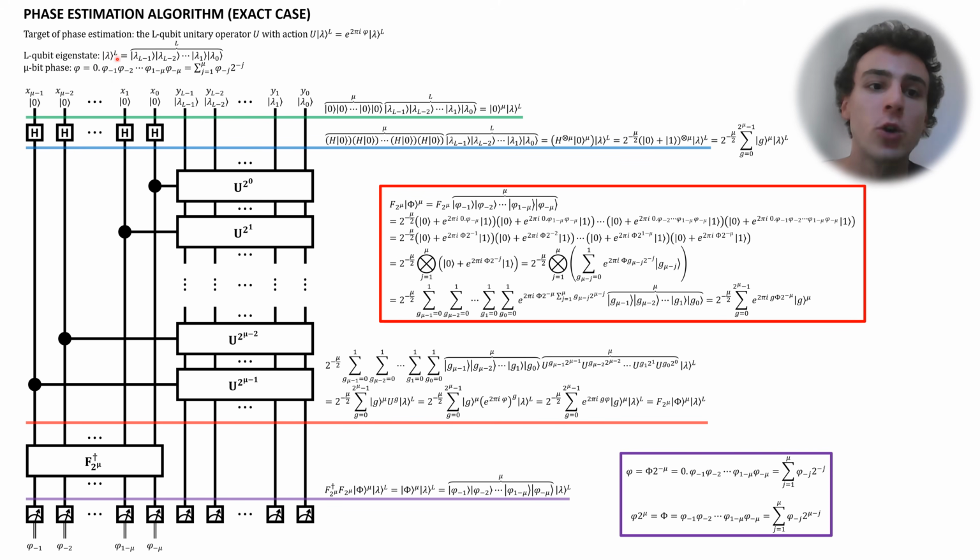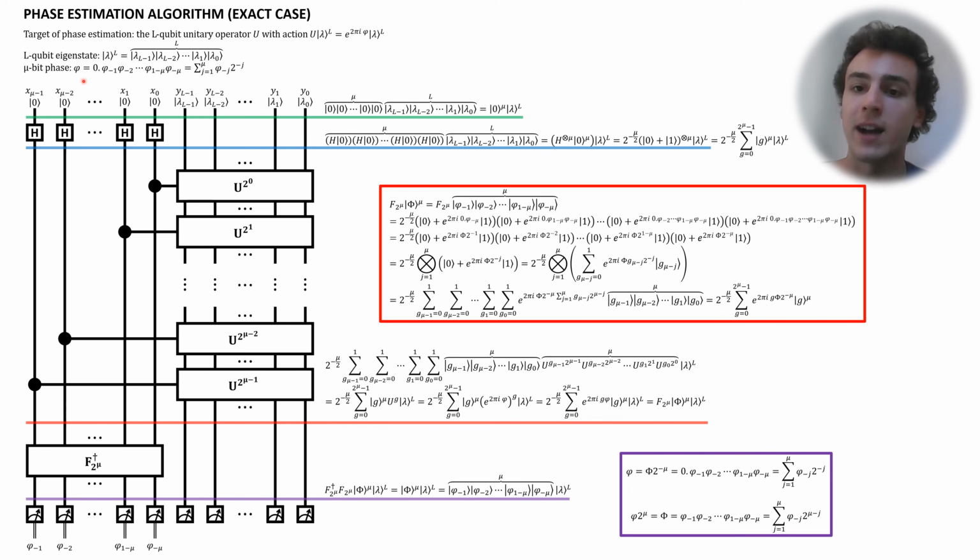And then we have the 1/4 term. And we can keep going all the way to the final term, which is 2 to the minus mu. So that's what it gets multiplied by. But all of these phi's with subscripts, they are bits. And together they can be used to define this mu bit phase. But in general, if we're not dealing with the exact case, this is just going to be an approximation of